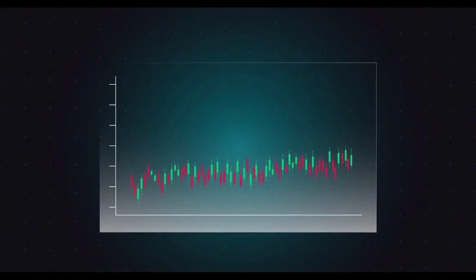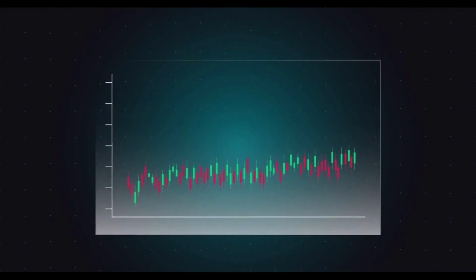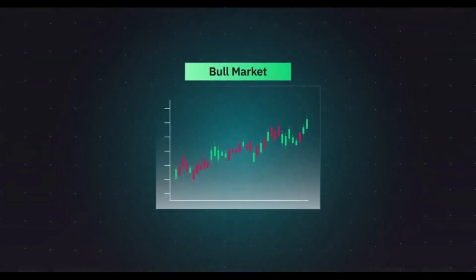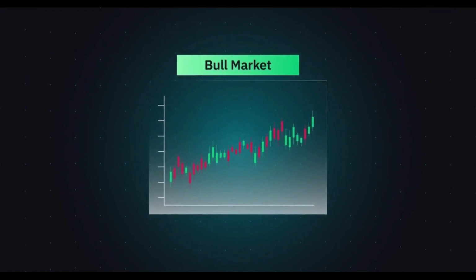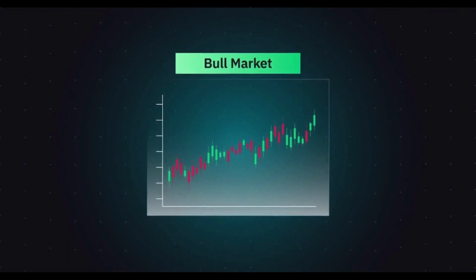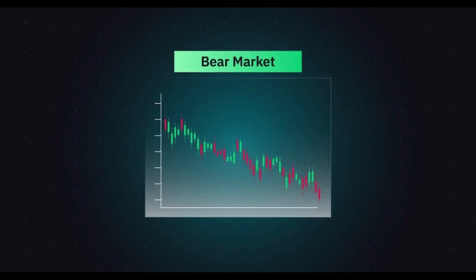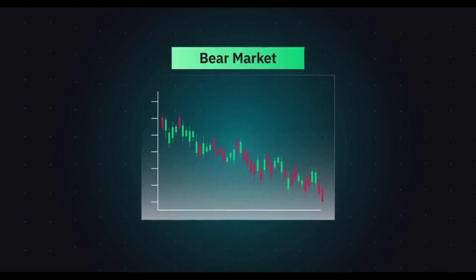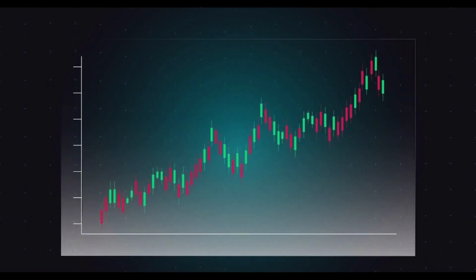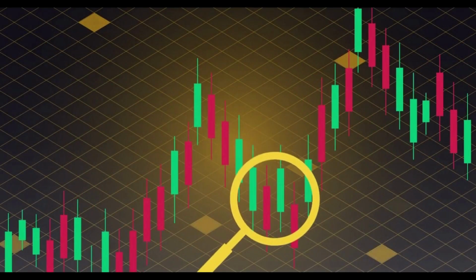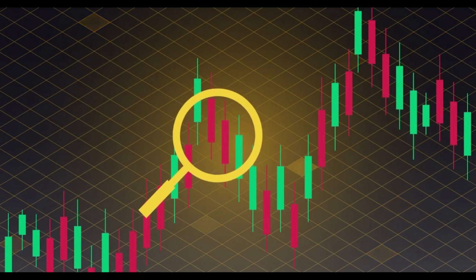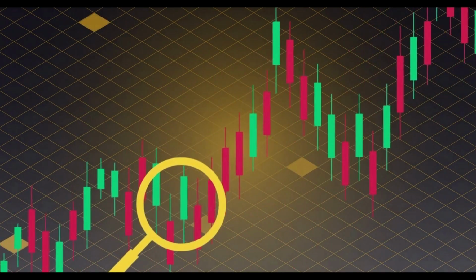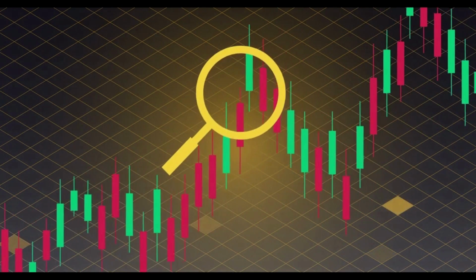As these trends continue, we can describe a market as being bullish or bearish. If there has been a string of bullish trends in a row, we can probably say that we're in a bull market. The same goes for a period of continued bearish trends. In this case, we could assume that we're in a bear market. However, a bull market doesn't have to be one long, continuous, and constant rise in price. Sometimes a bull market will have some smaller bearish trends in it. The same goes for bear markets too, as they can also have some bullish trends in them.